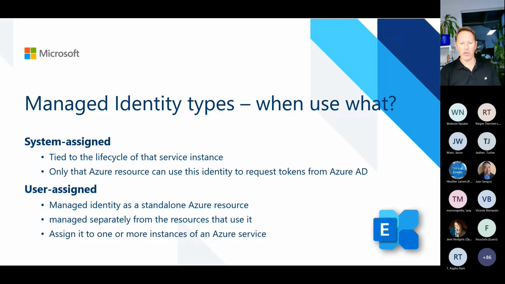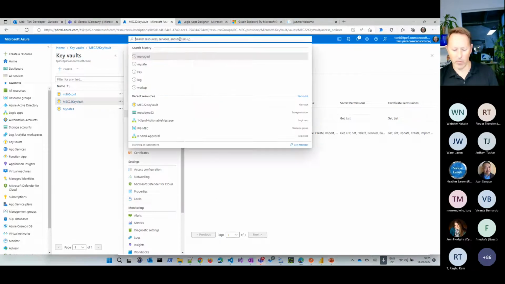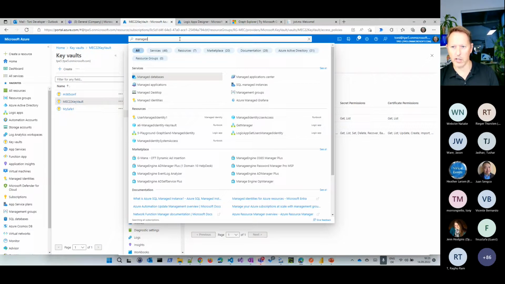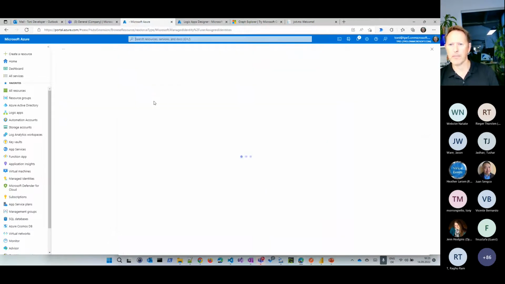The other way around would be I have, let's say, 10 logic apps or 10 other processes that need to have access to Microsoft Graph to send an email to create a team or something like this, then I would create a user-assigned managed identity, which means this works more or less in the same way as a user object. So managed identities, here it is.